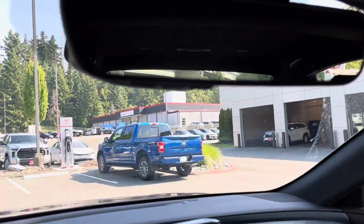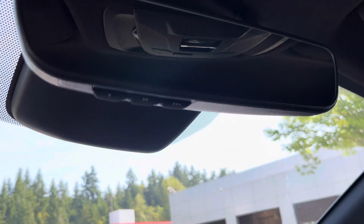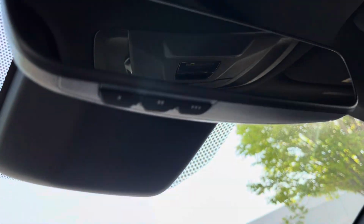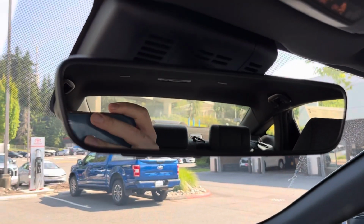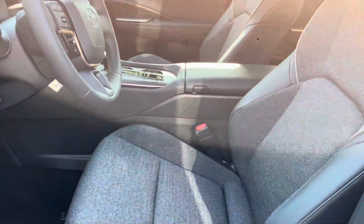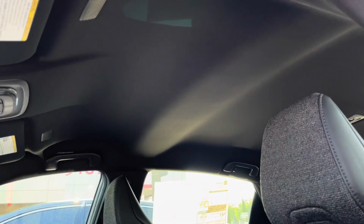Now you have the rearview mirror right here with garage door openers. Excuse me, you only have the garage door opener, you don't have the auto-dimming, my bad. So you have the garage door opener settings right here. And the biggest thing for you guys who are a little taller out there: the XLE does not come with any sunroof, so you have a little better headroom